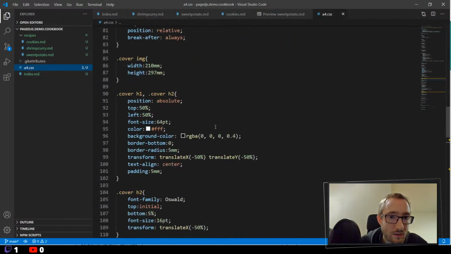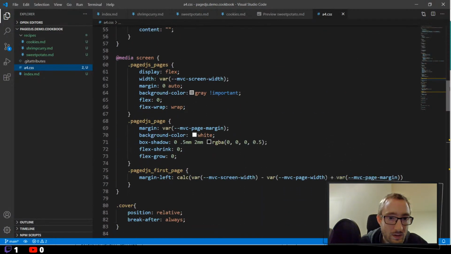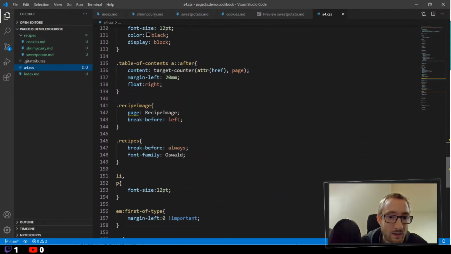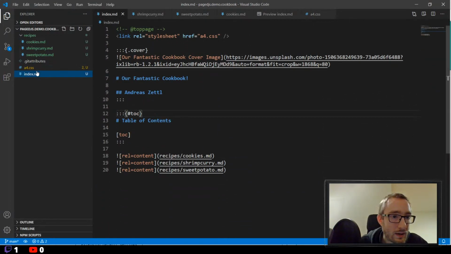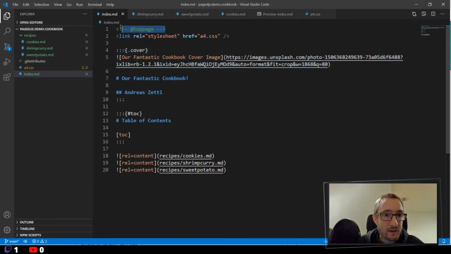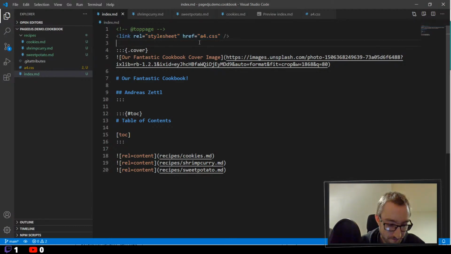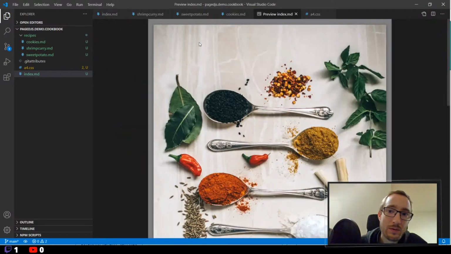We have a kind of clean, not really documented yet CSS file, and we have our index where, yeah, this part is not rendering nice in the preview, but otherwise okay. The top page to even work with this extension, and also this style link we cannot get rid of. So if I render it one more time in the preview,